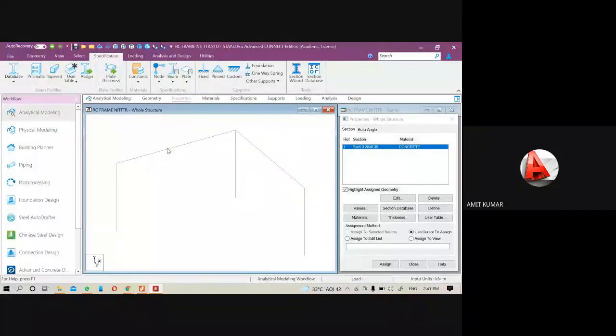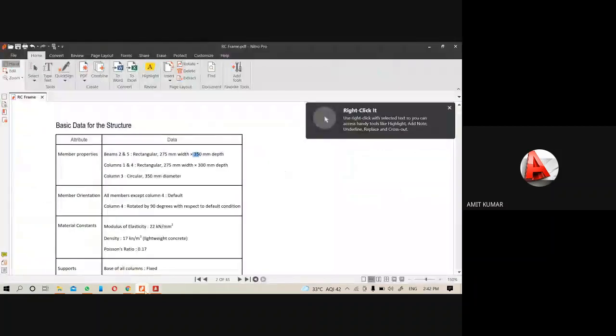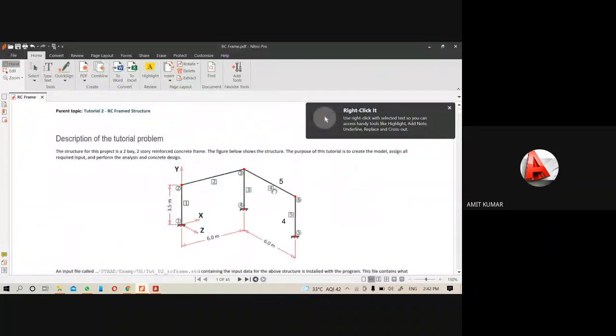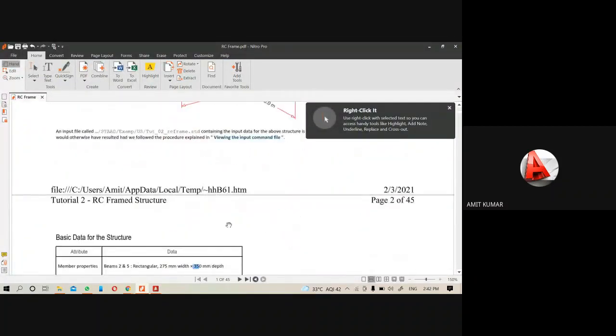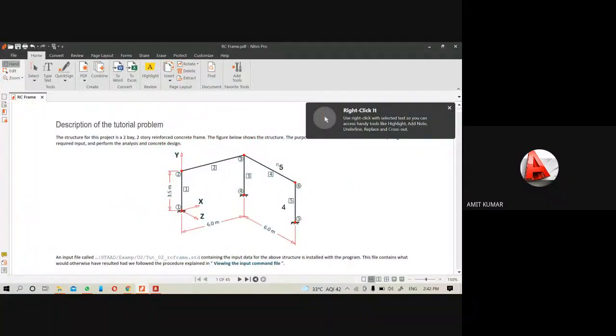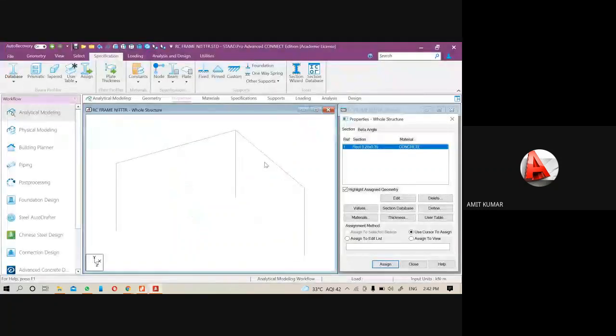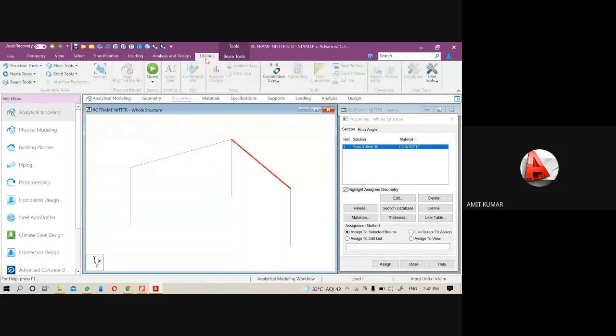You can see here it is the beam number 2, and here it is the beam number 4, as it is shown here, but in our details it is 5. So that means you can change the beam numbers also. If you want to change your beam number here with the name of beam number 5, you can change it here also, or just ignore it because it doesn't matter. Still, if you want to change it, you can change it through the stat editor.